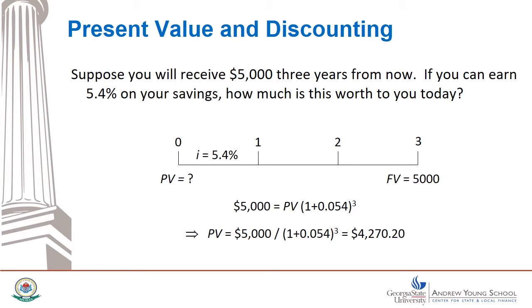To state the present value formula, the present value is equal to the future value of $5,000 divided by the product of 1 plus the interest rate of 5.4% raised to the power of 3. The answer then is $4,270.20. What this means then is that